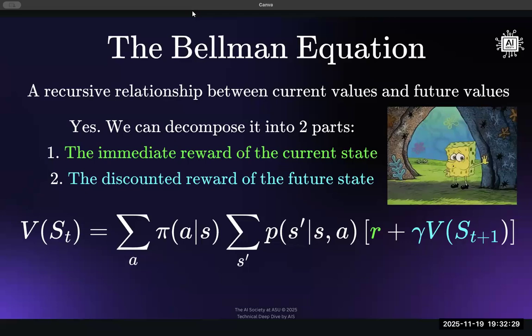And so we're going to sum over the policy, over the actions, we're going to sum over all the future states. And then also we should be summing over all the rewards, but it's not there. It should be in a little r on the bottom. But then the important thing here is that with the Bellman equation, we can decompose the optimal value function that we can find into two parts, which is the immediate reward at the current time step and the discounted reward of the future state.